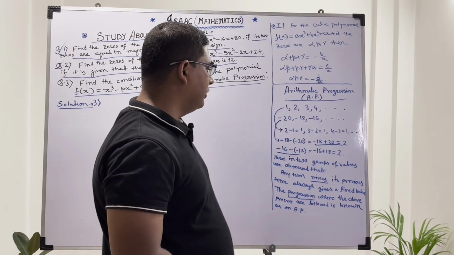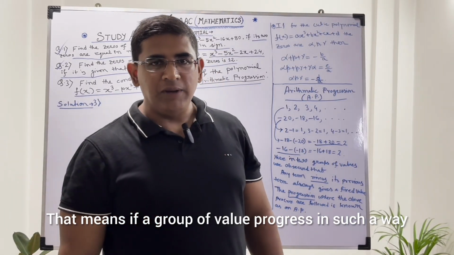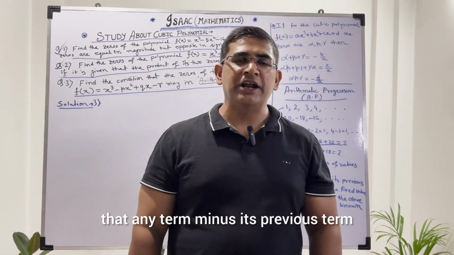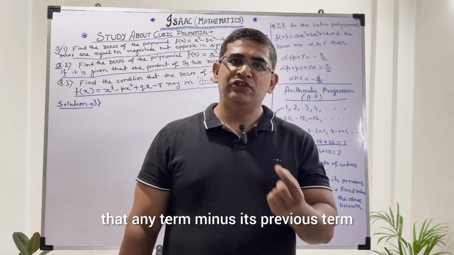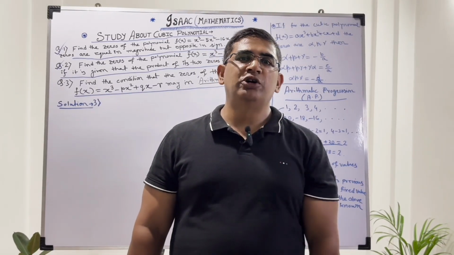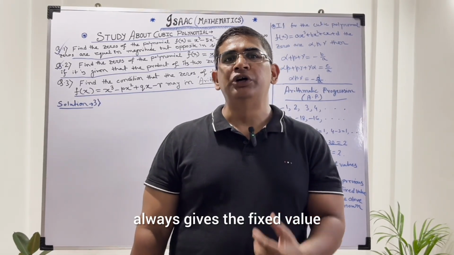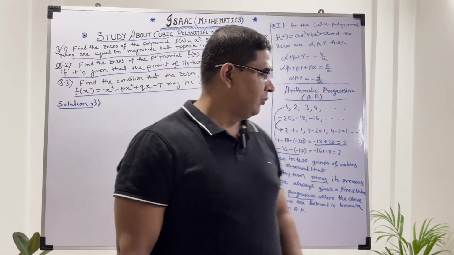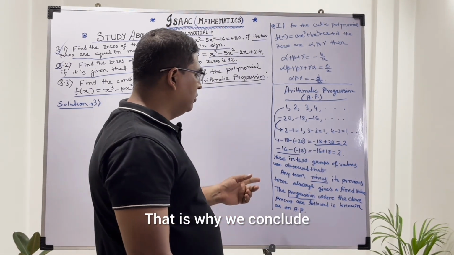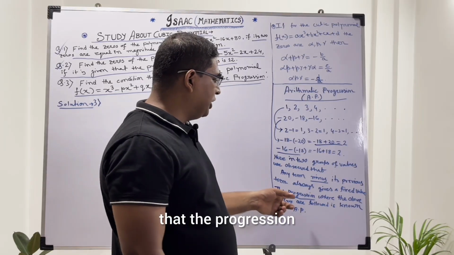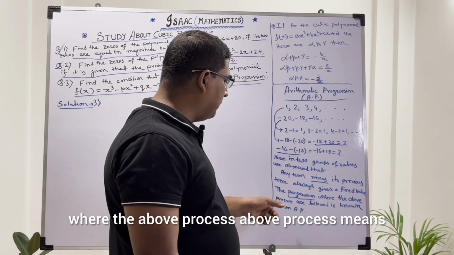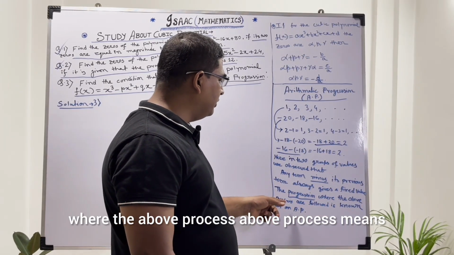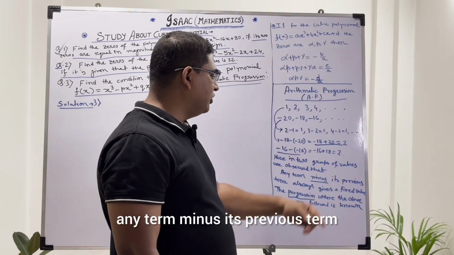That means if a group of values progresses in such a way that any term minus its previous term always gives a fixed value, then that progression is known as an arithmetic progression. That is why we conclude that the progression where the above process is followed, meaning any term minus its previous term,